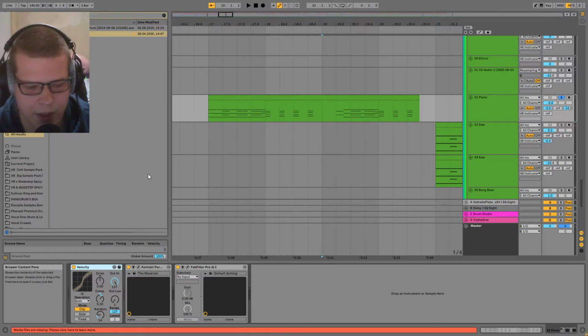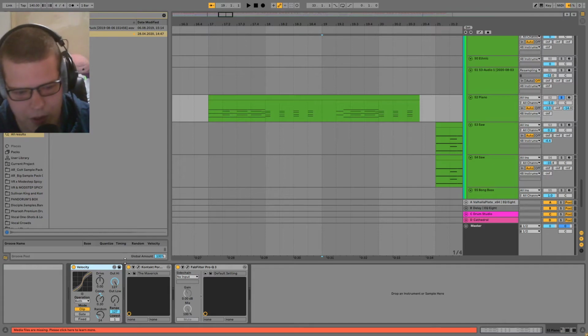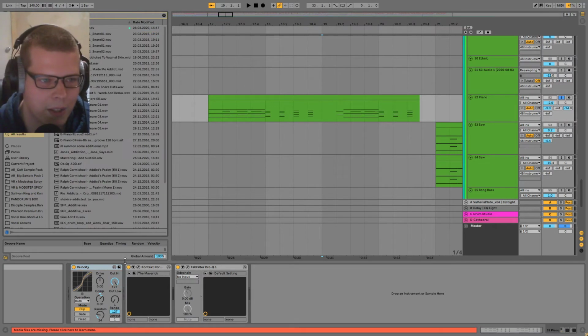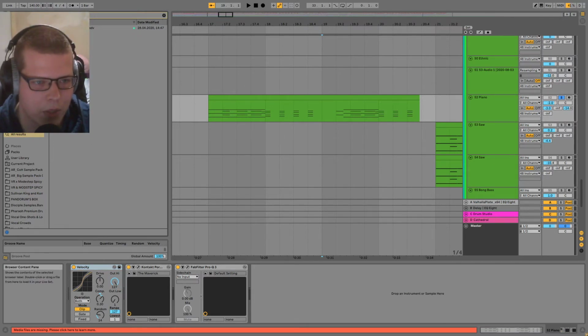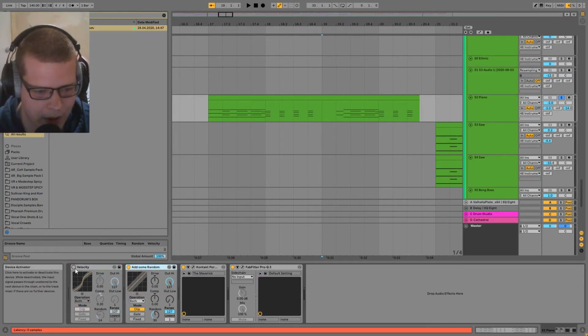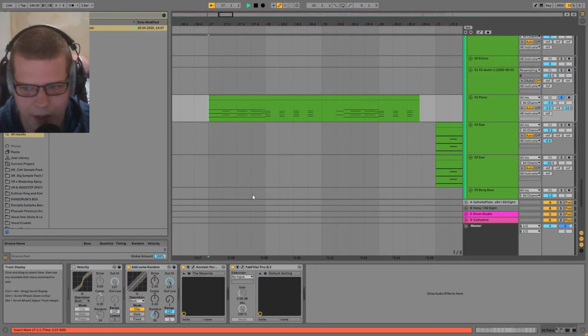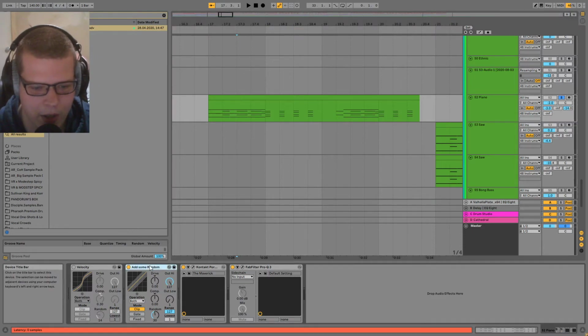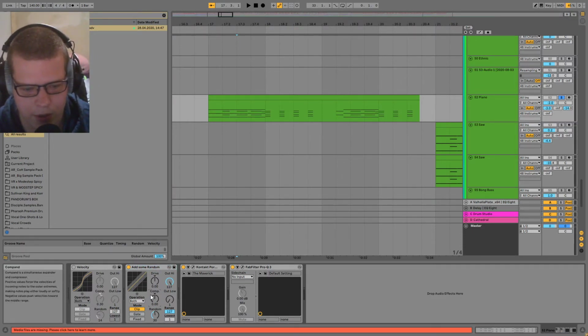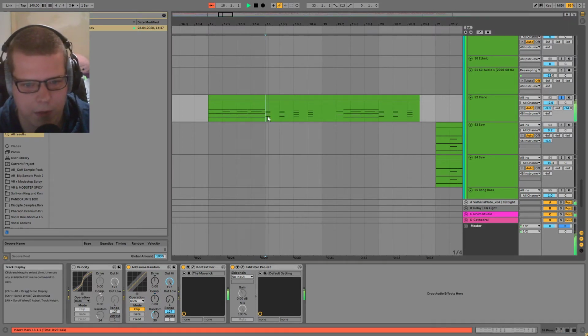A lot of people tend to not know about this. Velocity is really great. There's a preset called Add Some Random, which is a good starting point. So if you have some piano or any organic instrument that is sounding too robotic, you can add some random. It's a great preset, and then use compression to change the curve of the velocity as well. So yeah, it's great stuff.